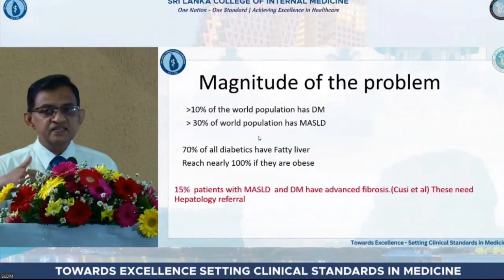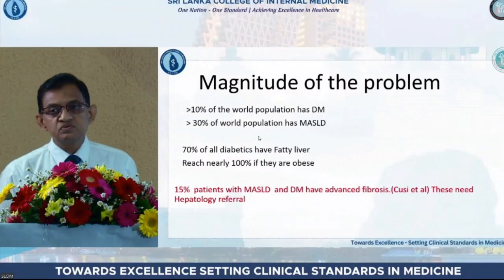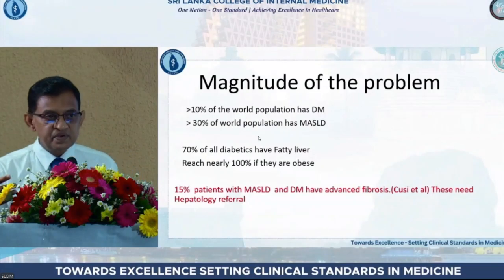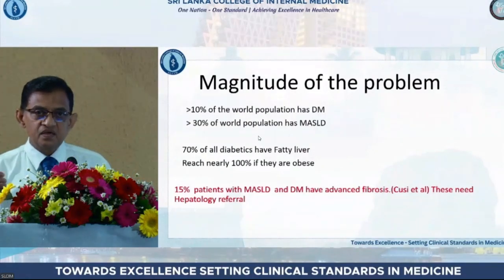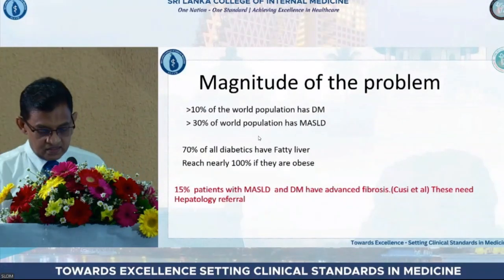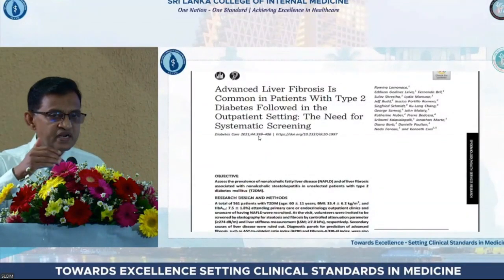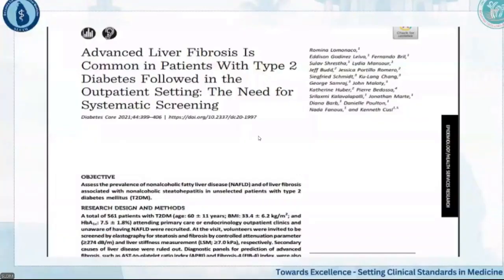They are the people facing slow death over the next 15-20 years. They are going to develop cirrhosis, decompensation, and maybe liver cancer. Those are the high-risk patients who should be detected by screening and started on appropriate interventions. I told you about 2019 and 2021. Those are the years when diabetologists started thinking about screening diabetics for fatty liver. These are the papers from that era talking about this